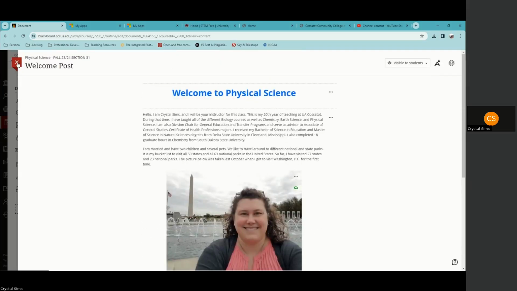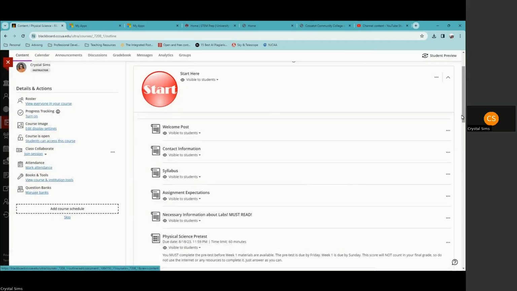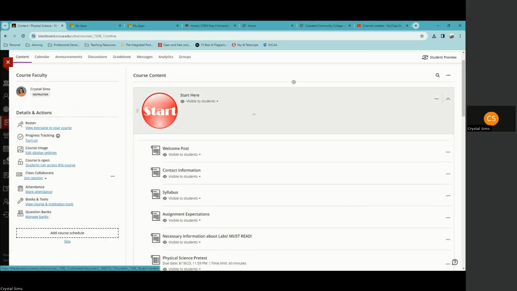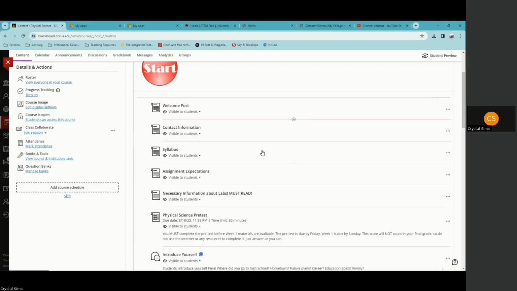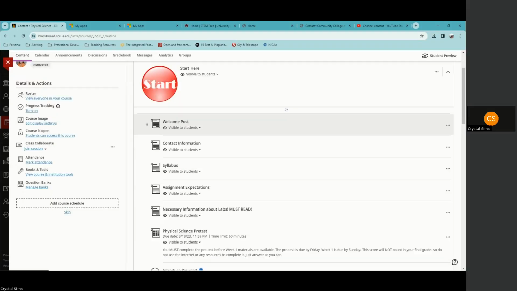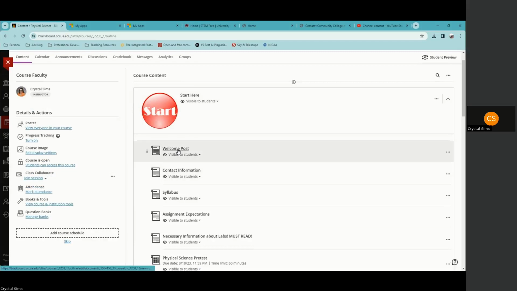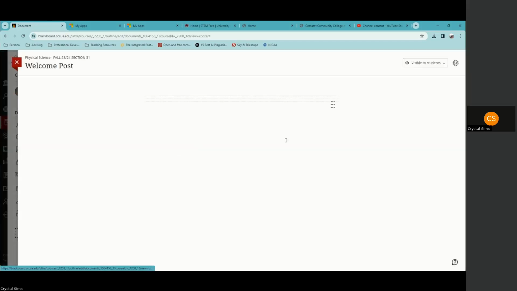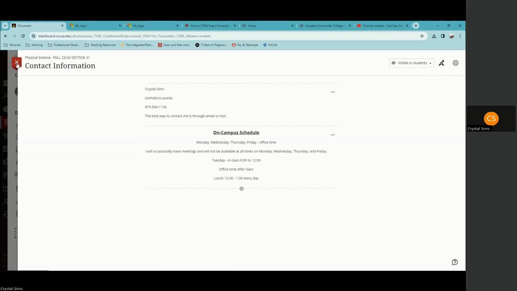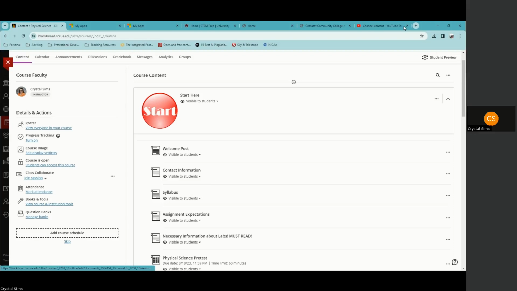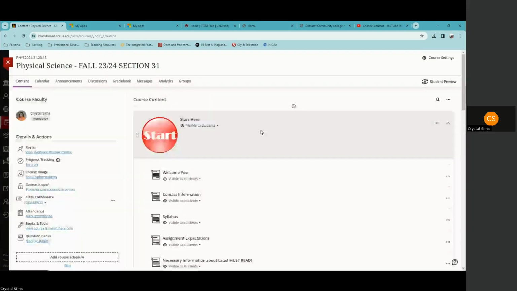Now, one thing I'd like to show you is the difference in appearance between the instructor view, which is what you're seeing right now, and the student view. So in the instructor view, when I click on the name of the module and it opens, I can see everything that's included there on this page. And for me to go into and out of these, I have to click in, X out, go into the next piece of information. But when I take a look at the student preview,